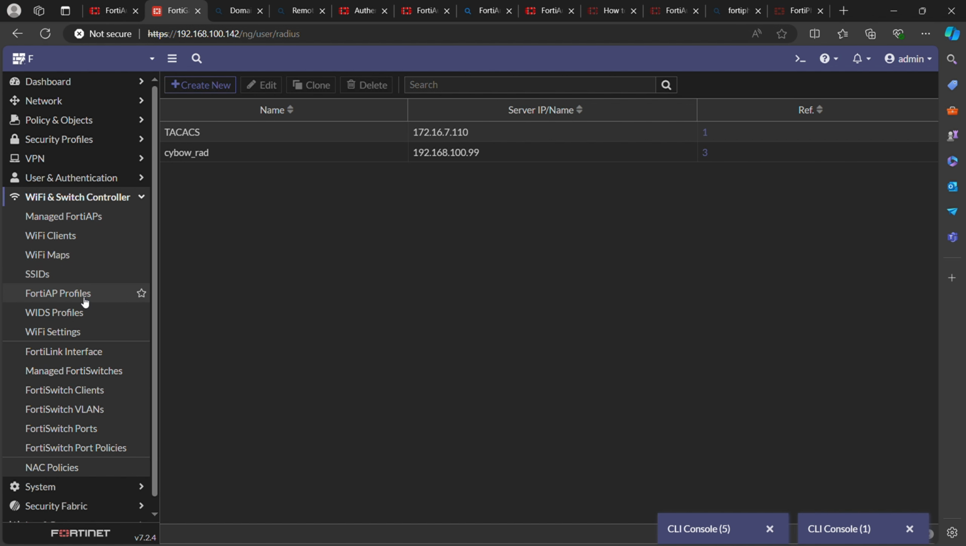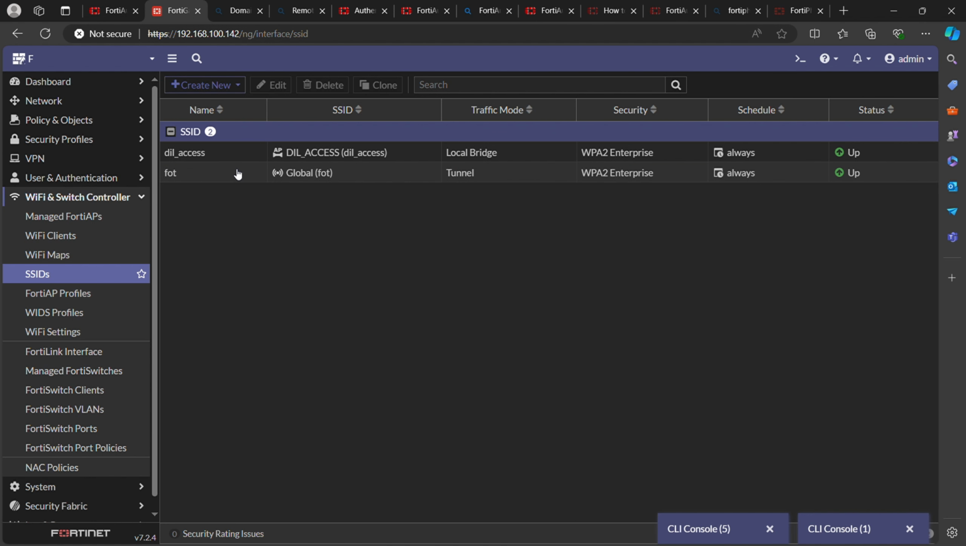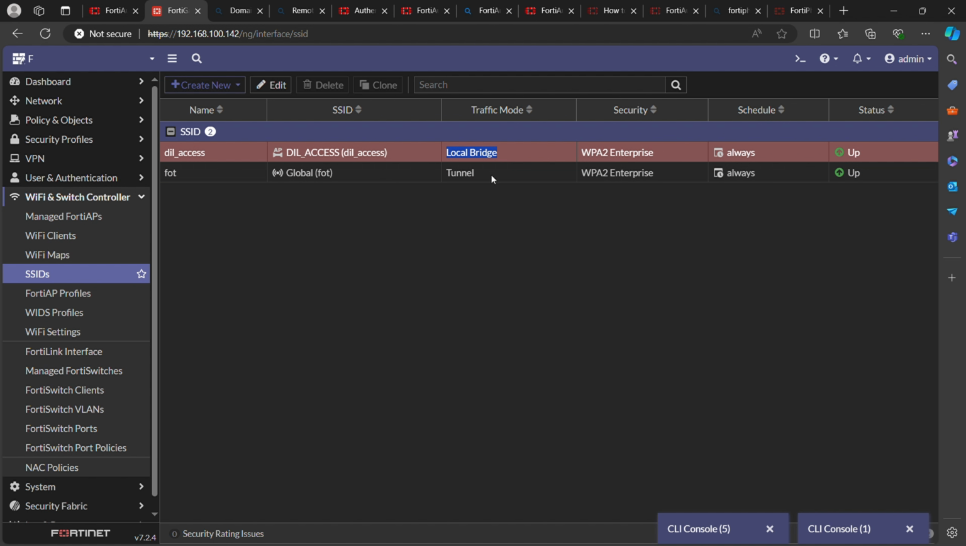If you don't know how to do that, you can watch one of my videos where I already explained how you can set up FortiAP. Then come to SSID. Here, whether you want to do a local bridge or a tunnel mode, it works for both. The difference between local bridge and tunnel mode in FortiAP is that local bridge ensures that your Wi-Fi users are also able to use the existing network you have in your environment, whether your existing network is